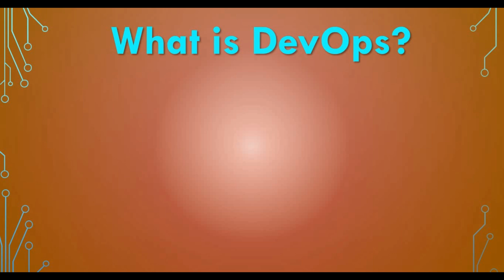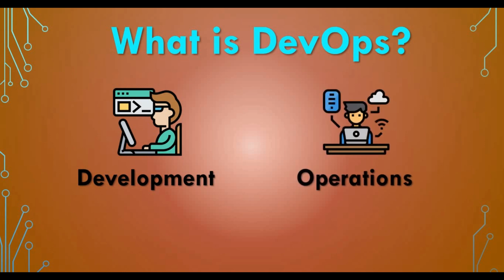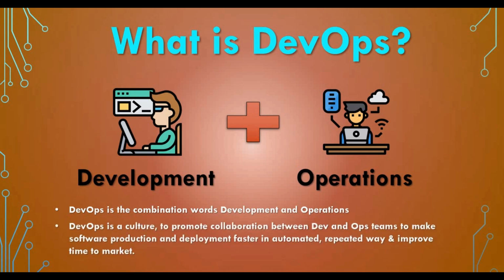Before we get into the discussion on what topics you need to learn, for those who are very new to DevOps, or if you don't know what DevOps is, let's talk about that a little bit. DevOps basically comes from two terms. One is development, another one is operations. As the name itself is a combination of these two words, there is a development team and an operations team. So how can you get both teams to collaborate? But if you think DevOps is some tool or some technology, that is wrong. DevOps is basically a culture.